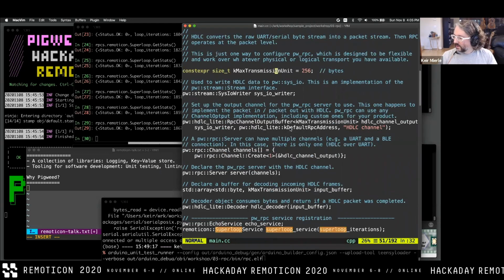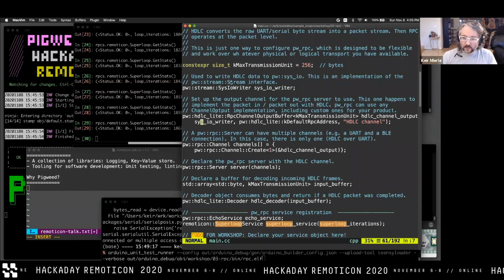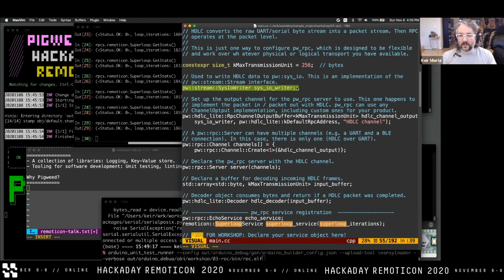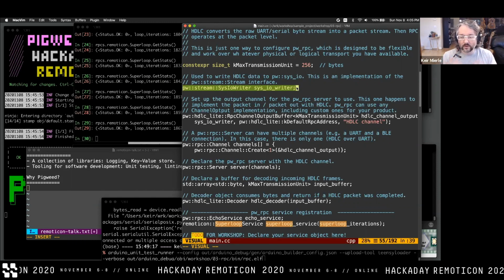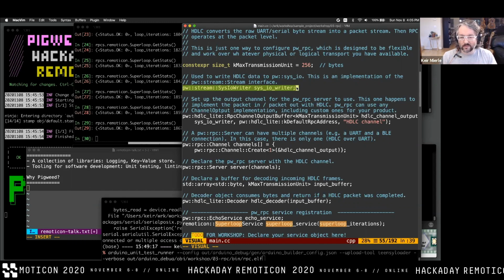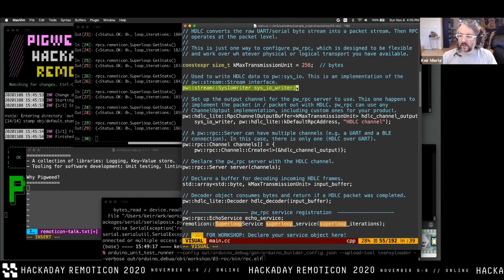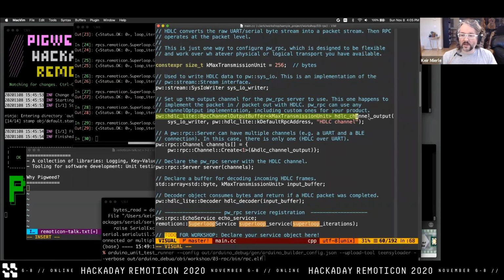Yeah. So let me just go through briefly how this is hooked up. So we have the sysIO writer that takes over the sysIO interface and converts it into Pigweed's kind of writer interface, which is essentially just a callback with a write data function. And then we have this thing called an HDLC channel output. So this is the magic where